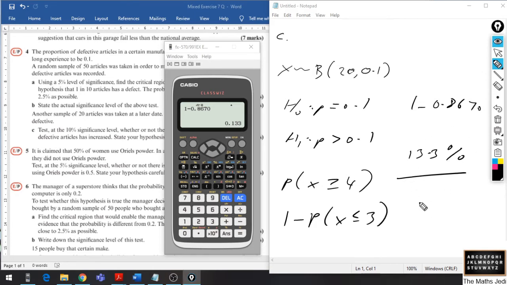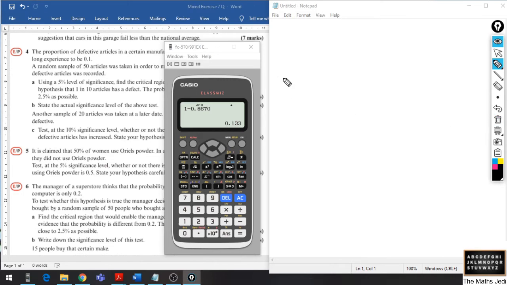So in terms of the diagram, because it's more than 10%, because we're looking at a one-tail test, this would be the 10% mark, the upper 10%, so it'd be 90% here. This would be the critical region. This is more than 10%, so it's going to be lying in there somewhere in the distribution. In other words, H0 is not rejected. We'd need to state that. Okay, that's very straightforward. I'll trash my notations real quick and get rid of the calculator, and we'll move on to the next question,